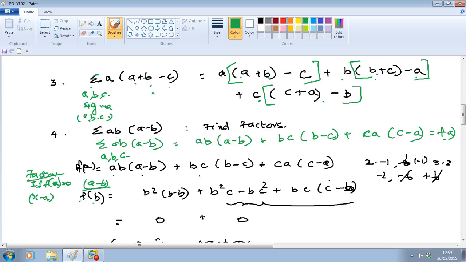If you apply f of b, instead of x here, a is in the equation. Instead of x minus a here, it's a minus b. So if you apply f of b, the a will be replaced by b and the equation will become b square multiplied by b minus b. b minus b is 0. So this will become 0. Here b square c minus bc square